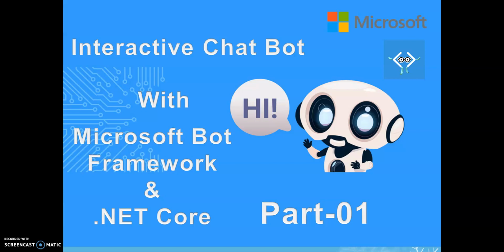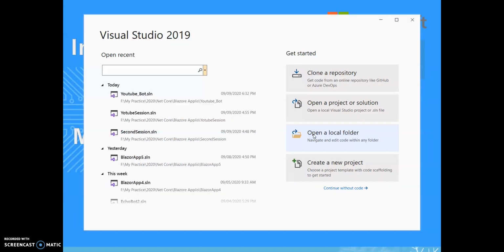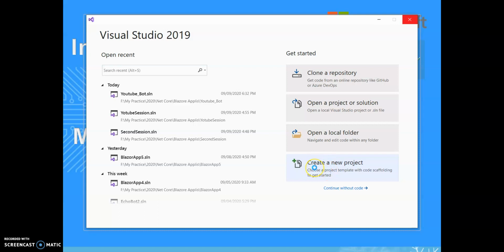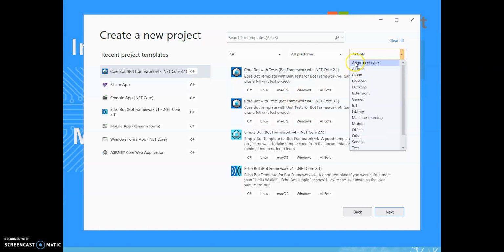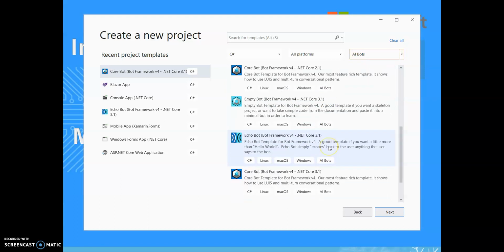So for this I'm using Visual Studio 2019 to create the bot framework. So let's create a new project. Open Visual Studio 2019, click on create new project. Here you can select the project type AI bot.